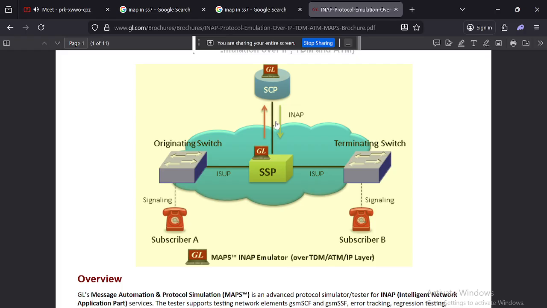First, let's say subscriber A dials subscriber B's phone number. So subscriber A first originates at the switch point, and that detects the service request at an SSP.